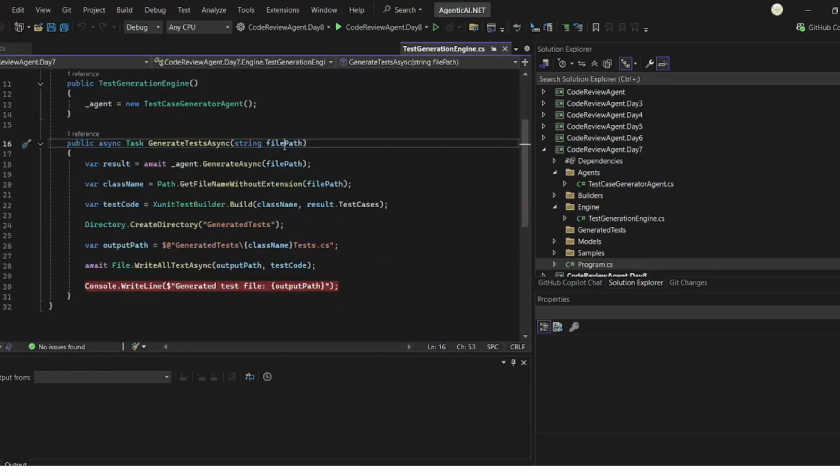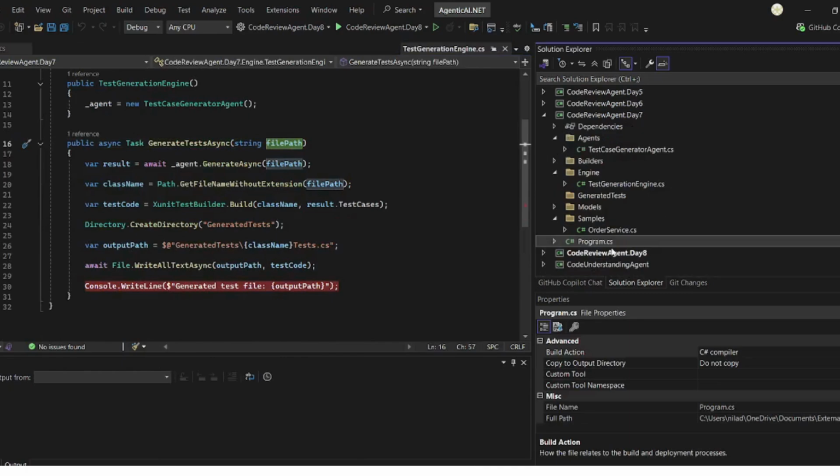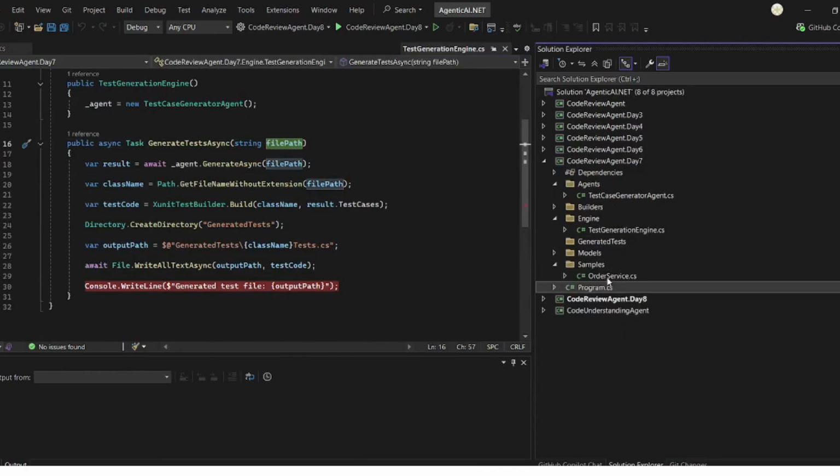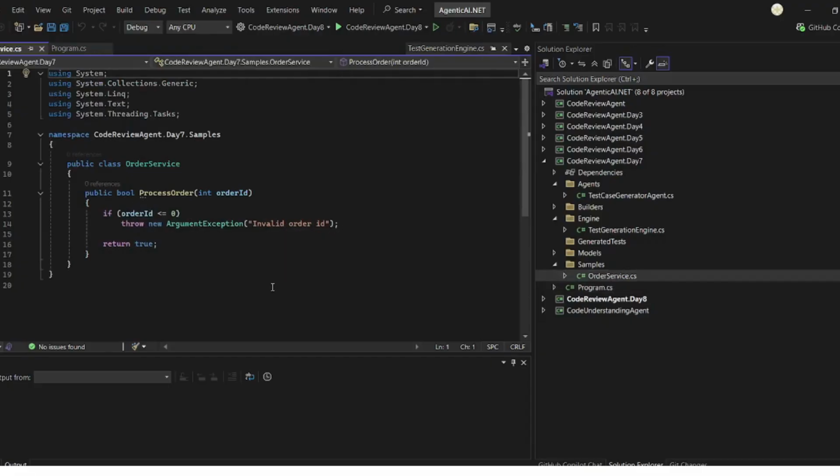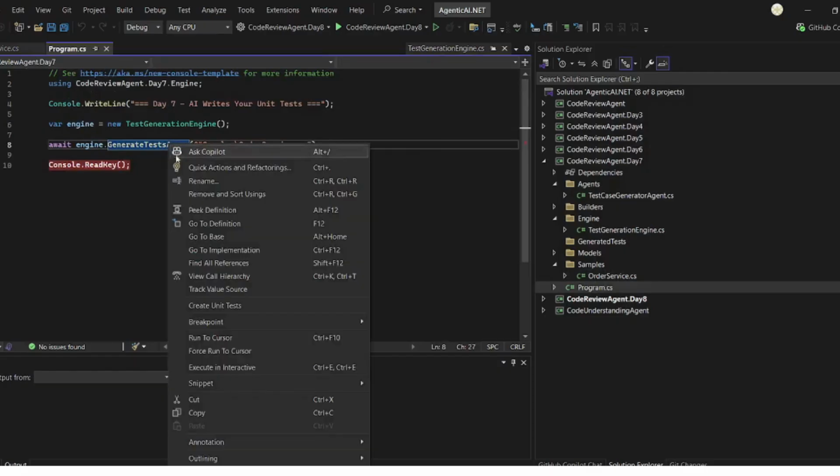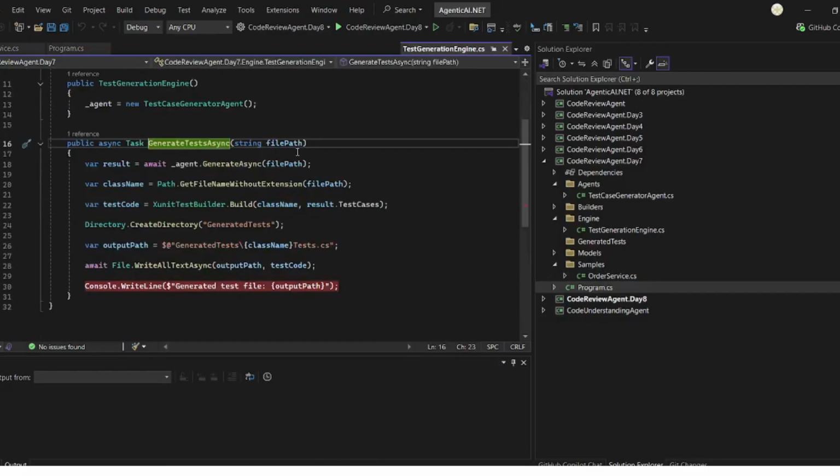You can see the file path is nothing but that sample file that we have. The sample file is simple normal code, process order. We have some exception in case the order ID is less than 0, otherwise return 2. So go inside this. So generate test case will call what? Test case generation agent. So